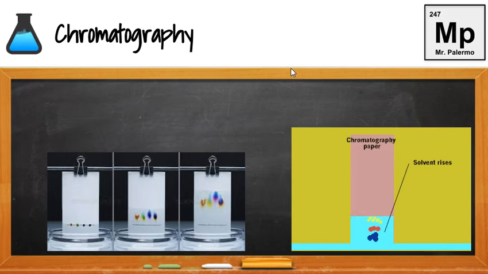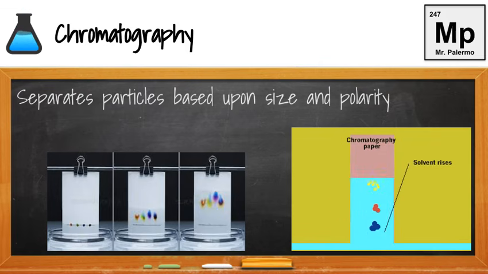Another process is chromatography. Actually, in your living environment course, you did this in one of your state labs. Chromatography separates particles based upon their size and polarity, the charge. This is a typical chromatography setup, and you should remember the nice color separations that we see. So what we do is place a sample of, let's say, an ink on the chromatography paper, and we place it into a